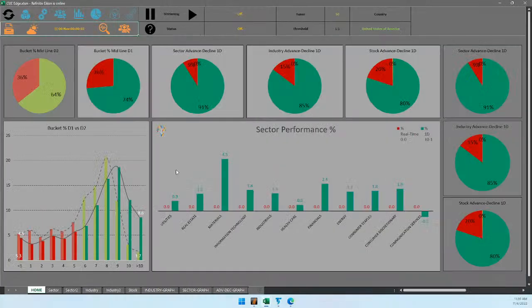Is the market overbought, oversold? No. Bucket analysis shows that neither overbought condition is there nor oversold condition, and it is in fact bullish because 74% of the stocks are above mid Bollinger Band. That gives me reason to look for buy setups. What about technical breadth?